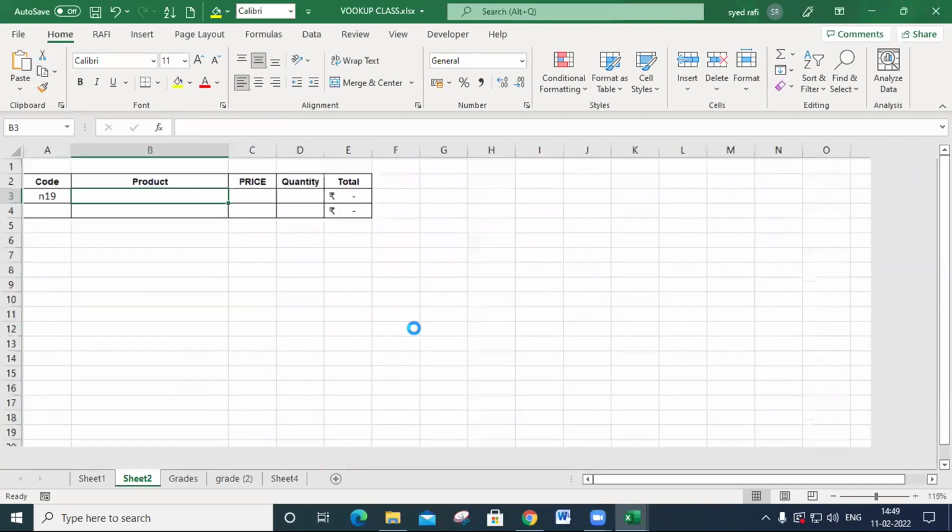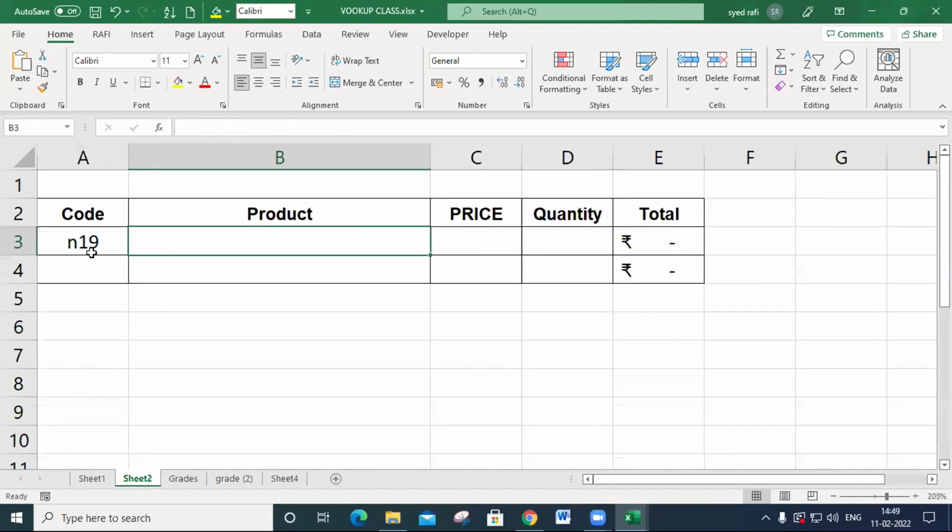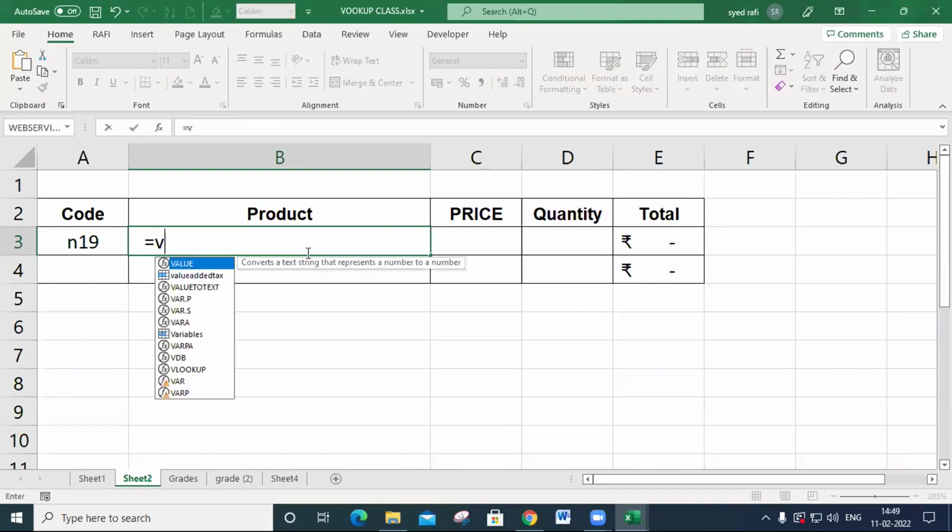Let's check. I have given some codes here and I enter like this: equal to VLOOKUP. You must concentrate here. The first parameter is the lookup value. On which column, on which data, based on which data do you want to search?